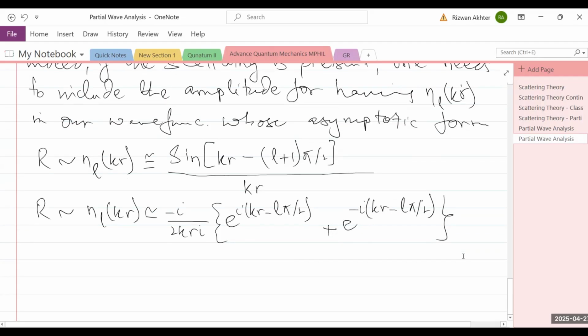ओके, इसका मकसद ये हो गया। So one would say again it is a linear combination जो हमने शुरू में लिखा था, and that is a linear combination containing a j sub l of kr plus b n sub l of kr, in some asymptotic region. और अगर हम ये substitute कर दें इसके अंदर, then we would have the total wave function जो कि you have to substitute the value of JL and you have to substitute the value of NL, yeah, and when you substitute